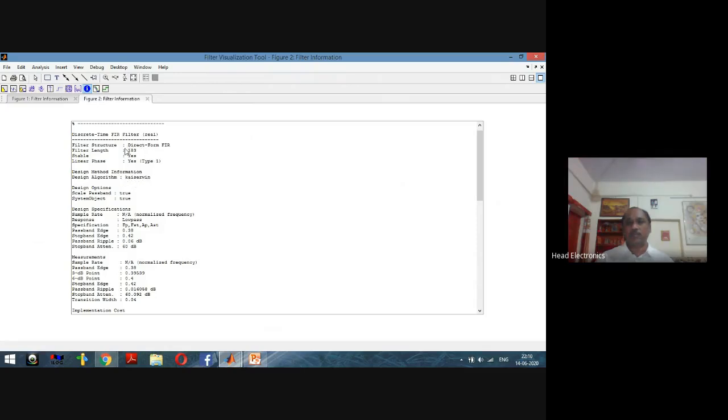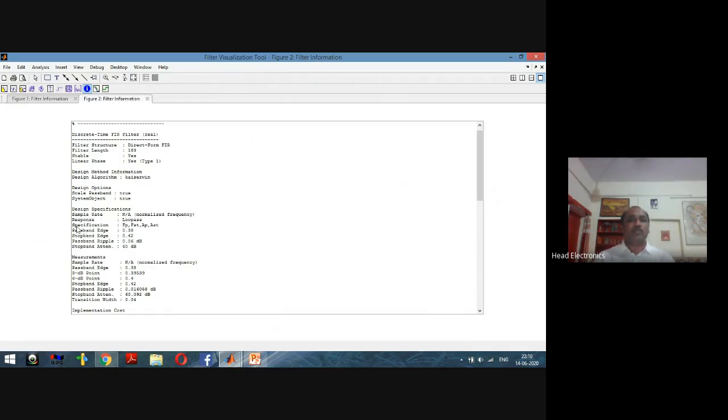So for the Kaiser window the order of the filter is 182, and whatever the performance is for the Kaiser window, the same has to be maintained for the equiripple. In the case of the Kaiser window, we are getting an order of 182, that is, a filter length of 183.